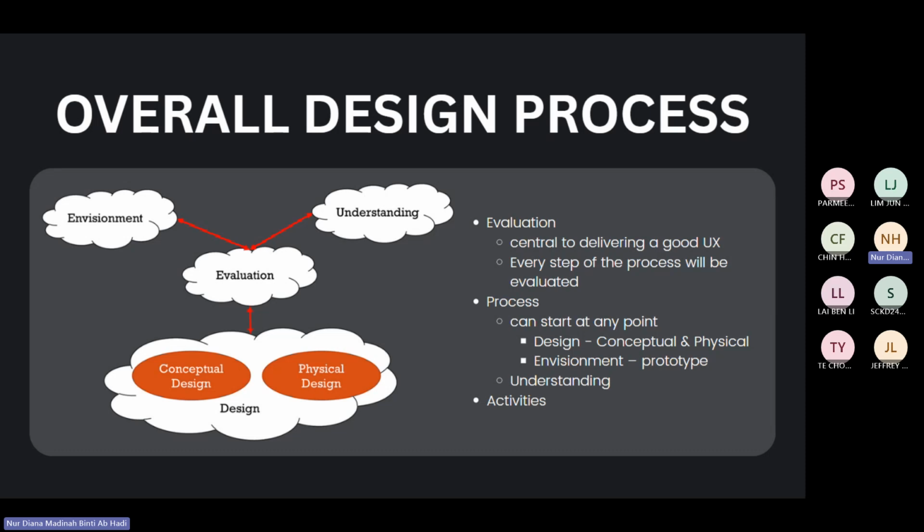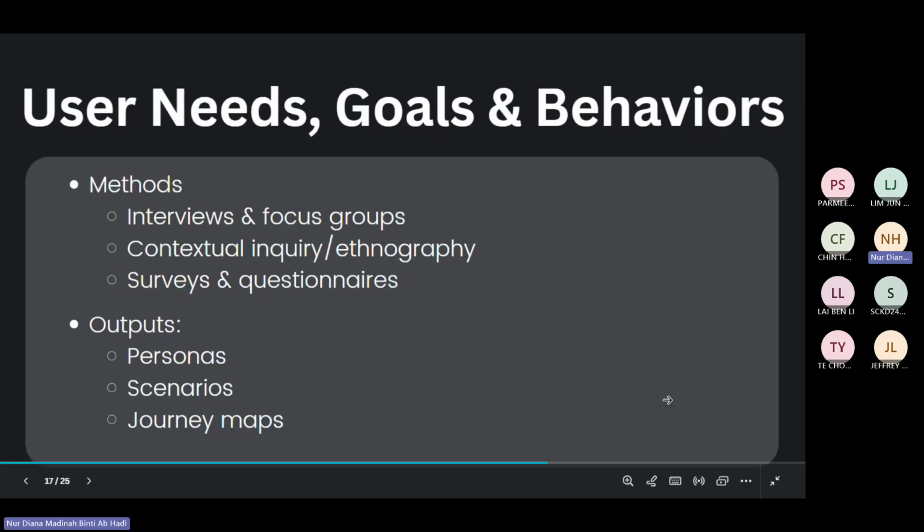And then we can have activities. So these activities usually can happen in any order. For example, understanding can be evaluated and a prototype can be built and evaluated, or in some aspect of physical design, it can be then identified. Okay? So next,